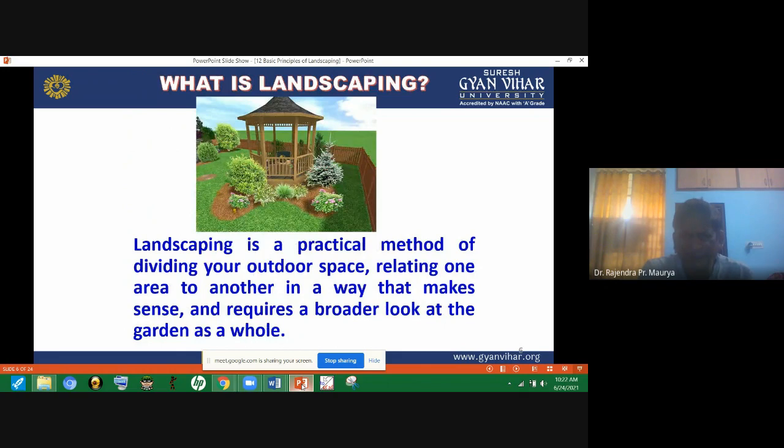What is landscaping? Landscaping is a practical method of dividing your outdoor space, relating one area to another in a way that makes sense and requires a broader look at the garden as a whole.